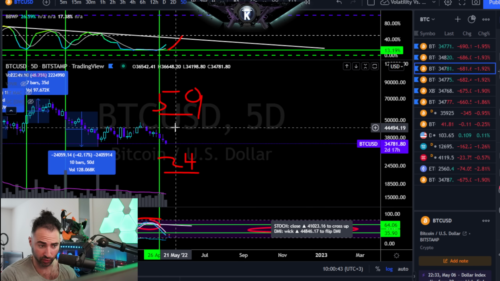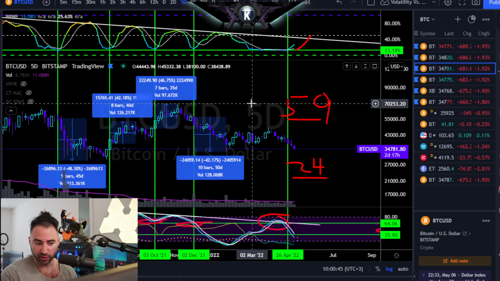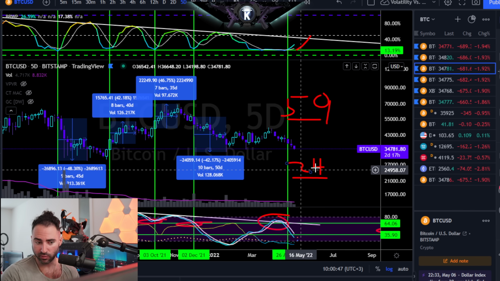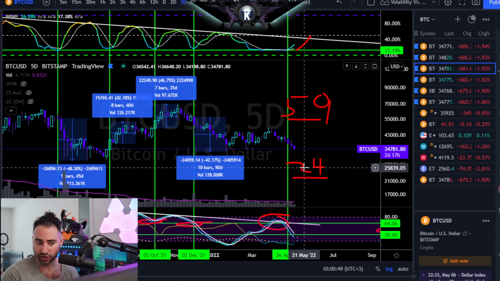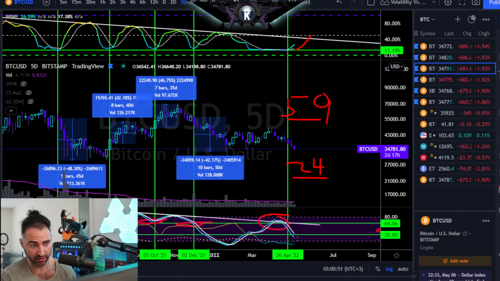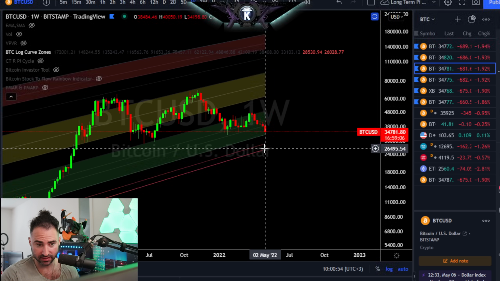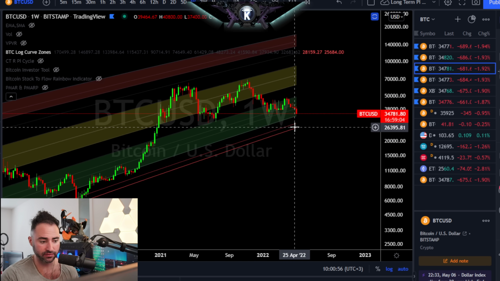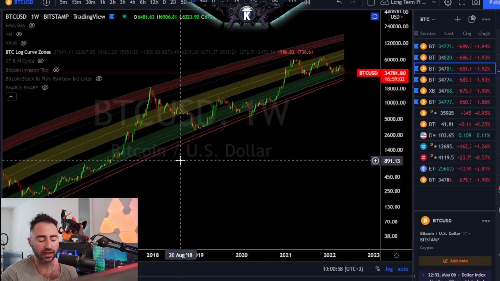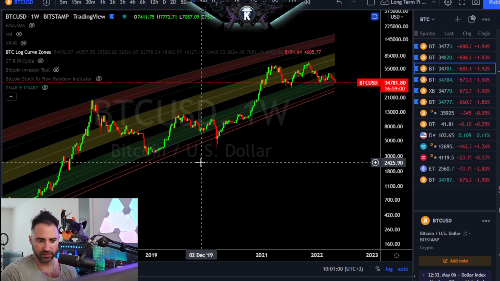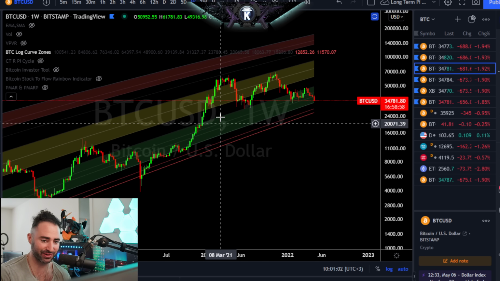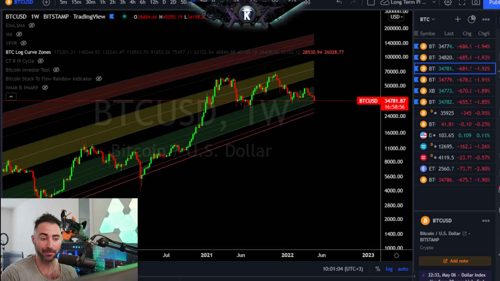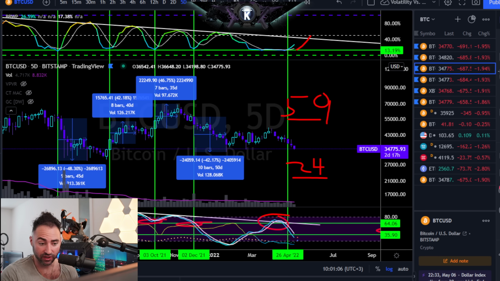Again, there's going to be bounces along the way. And if we do forecast about a 45% move from that expansion phase, that would suggest a target somewhere down around about $24,000. If you recall back over here, that is certainly around the lower end of this range right here. Yes, we can wick lower, that's fine. Although it does suggest that we're probably looking at a pretty nasty move, to be fair. But yes, that is within the cards as far as I'm concerned from a statistical perspective, which is really what I want to be coming at from on videos like this.